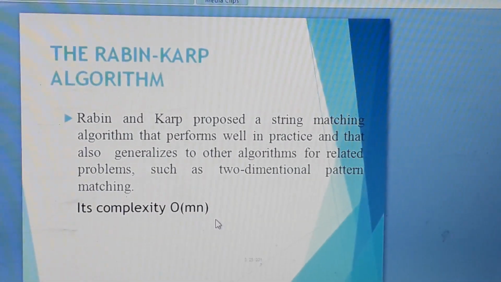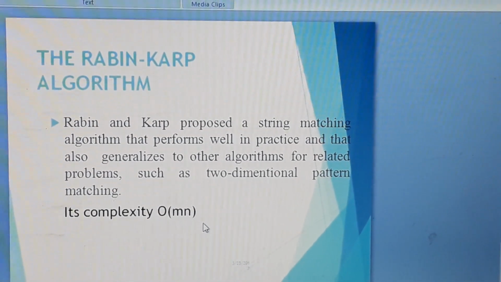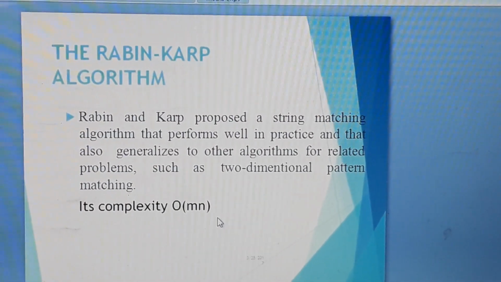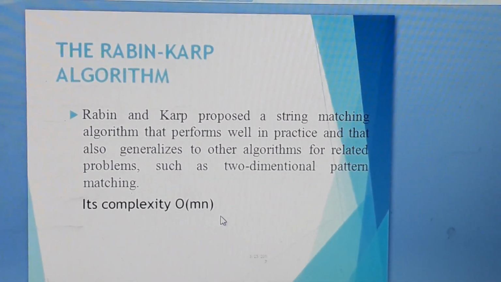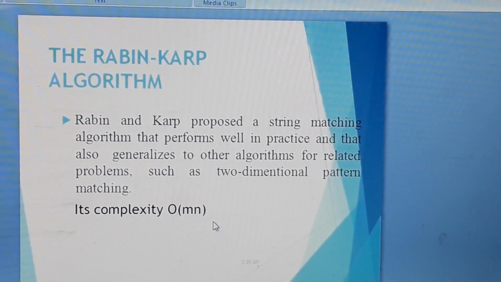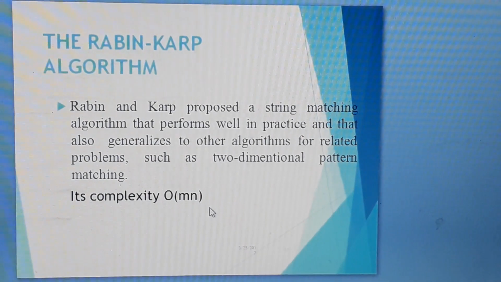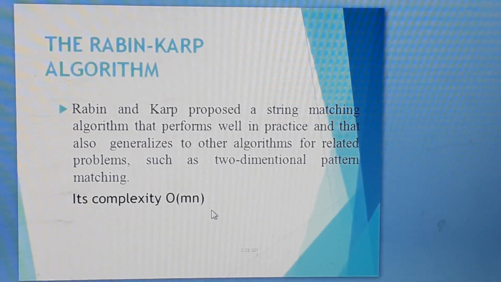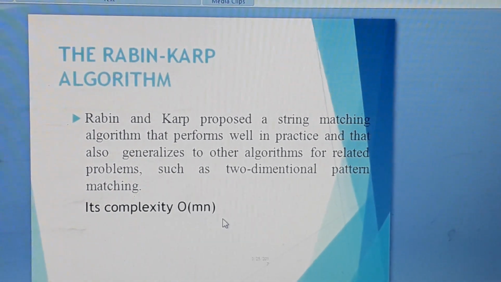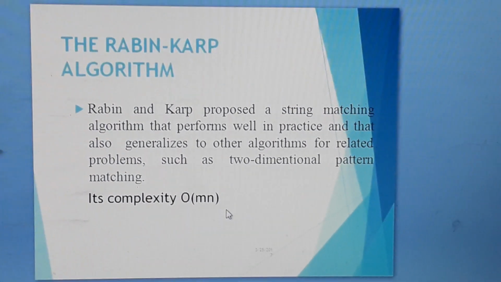Then another algorithm is the Rabin-Karp algorithm. The Rabin-Karp string matching algorithm calculates the hash value for the pattern as well as for each m character subsequence of the text to be compared. If the hash values are unequal, the algorithm will determine the hash value for the next m character sequence, and if the hash values are equal, the algorithm will analyze the pattern and the m character sequence. In this way, there is only one comparison per text subsequence, and character matching is only required when the hash values are matched.